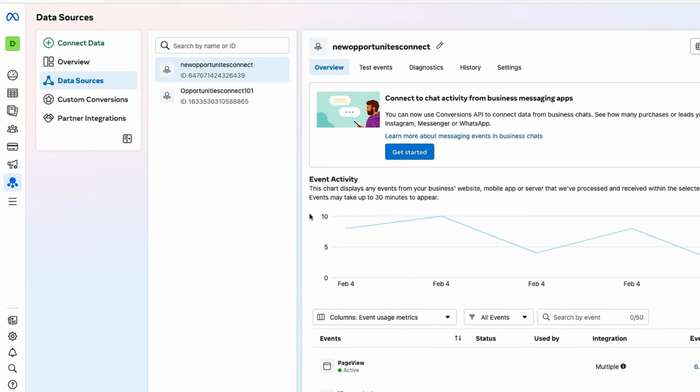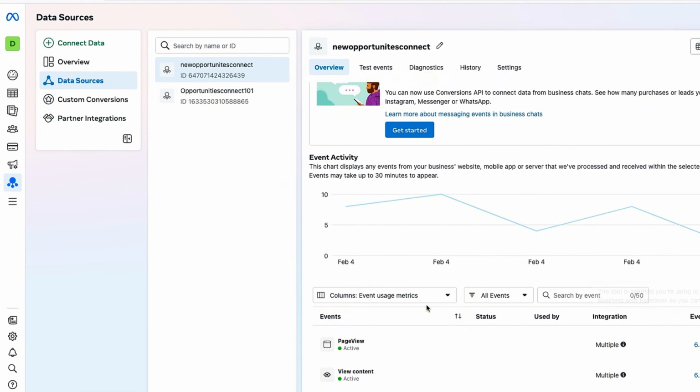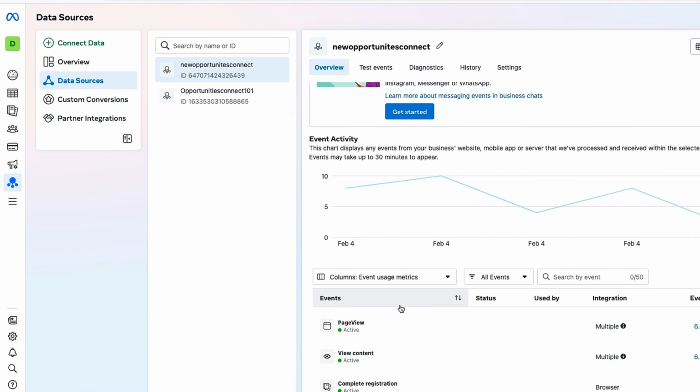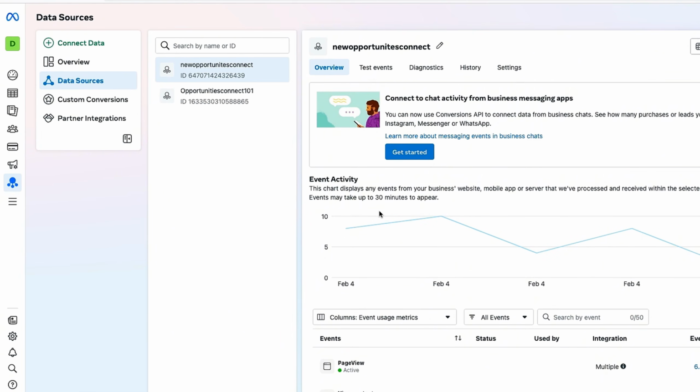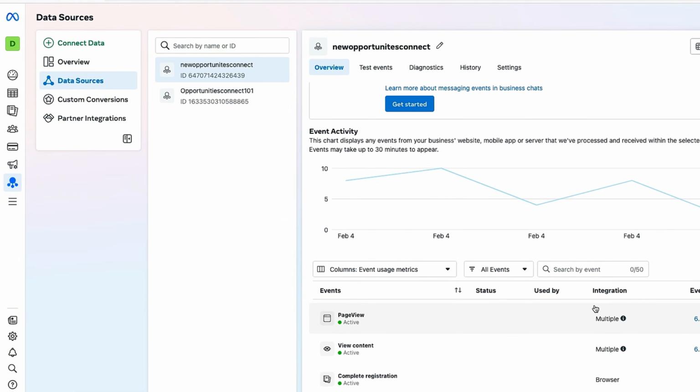At the time of creating this pixel, if you notice, it wasn't showing anything here. The events were not showing. So I just had to leave it for like 30 minutes or 1 hour. The events then started showing. So it wasn't an issue with the pixel. The pixel was fine. You can see it here. So this is the first event, which is the page view. So that is for people who visit